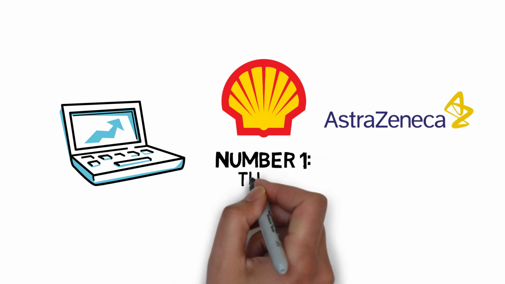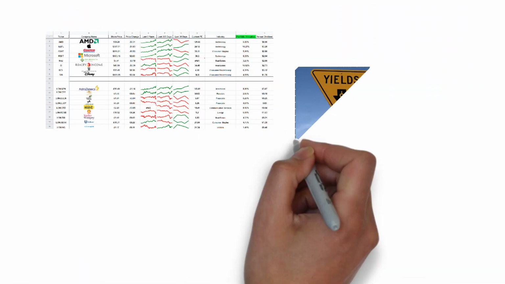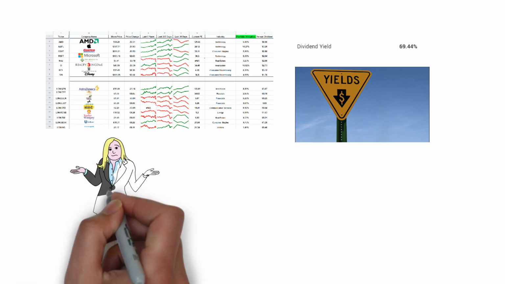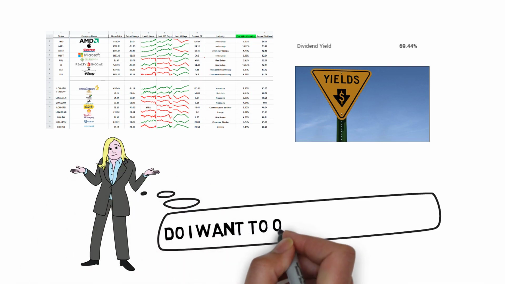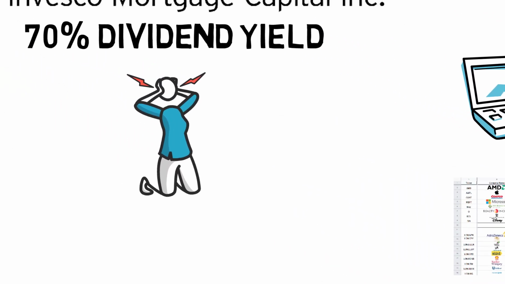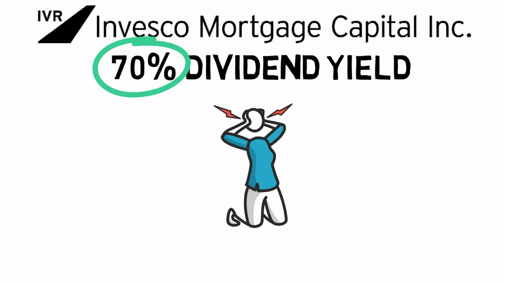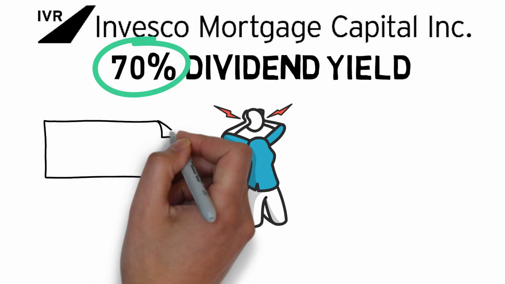Number 1. The fundamentals. Before diving into a sea of spreadsheets, yields and percentages, stop and think. Do you actually want to be a part owner of said company? That's what shares are after all, equities in a business. If you think the company will become subject of headwinds in the future, why buy it because it has a